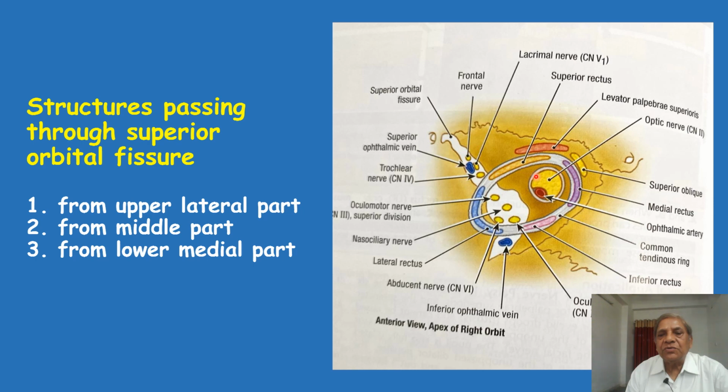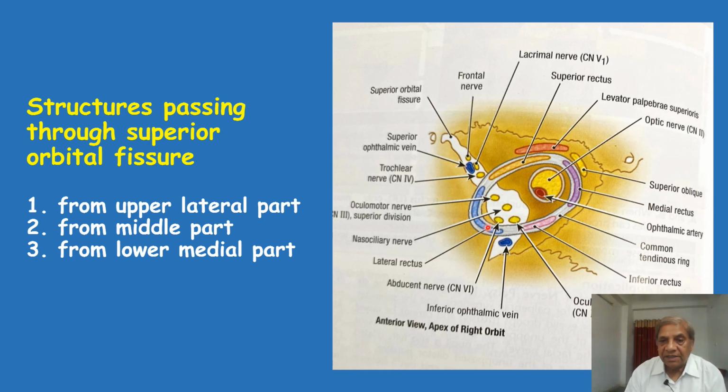Then there will be a question, what are the muscles which take origin from this fibrotendinous ring? You say that there are four muscles and they are all recti. Superior rectus takes origin from the fibrotendinous ring where it is attached to the lesser wing of the sphenoid. Then there is the medial rectus, where the tendinous ring is attached to the body of the sphenoid, and below the lesser wing of the sphenoid is the inferior rectus, and where this tendinous ring is attached to the greater wing of the sphenoid,